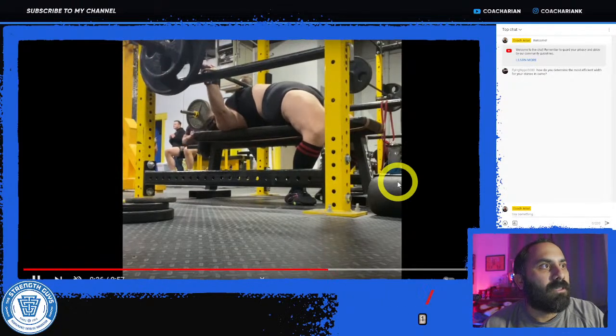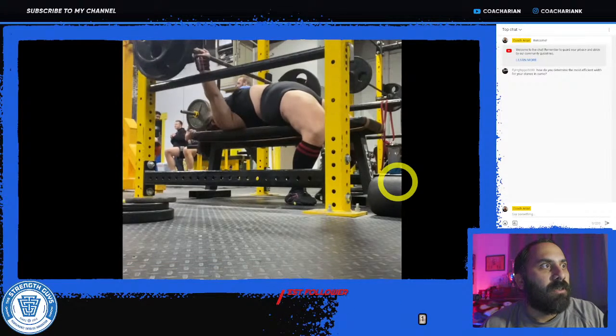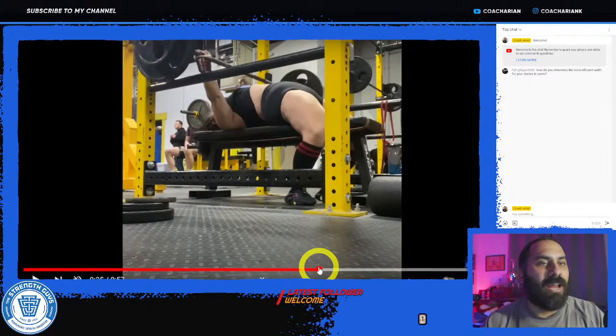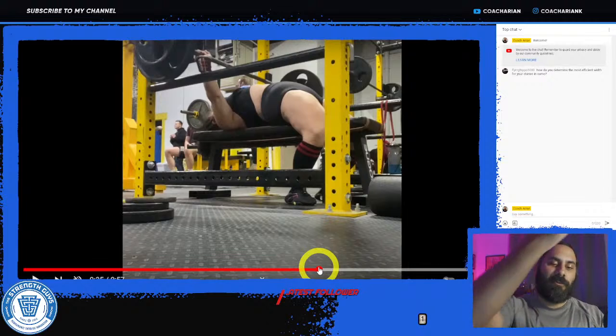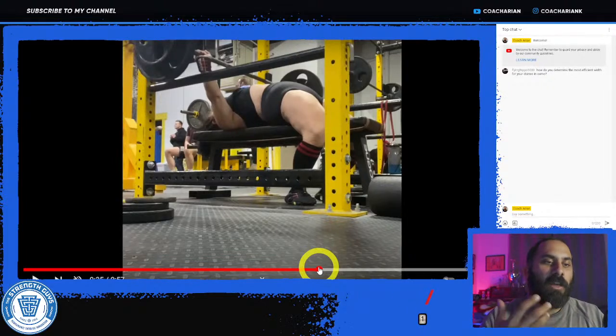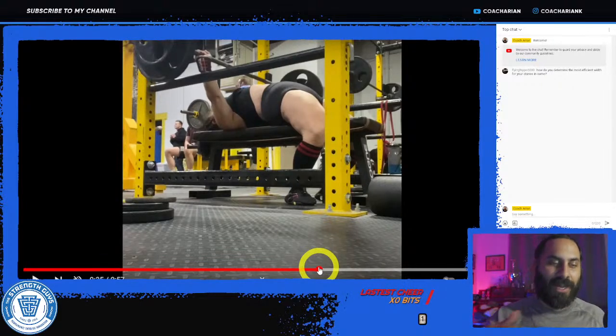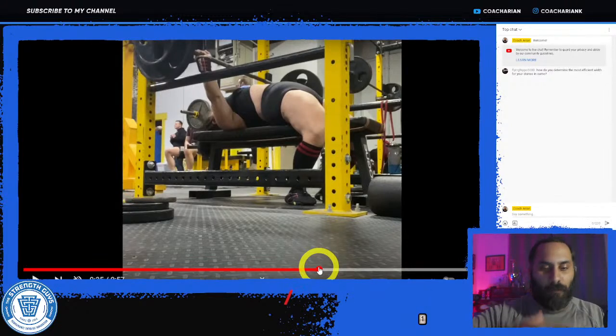The only thing I would say with this is a little bit of rushing the reps. So you want to take your time, even if it is more reps, taking your time at the top. Once you lock out, make sure you reset, get everything tight, drive your legs again, get a new breath of air if you need to, then go down. When you start blending the reps, then it gets a little bit sloppy.